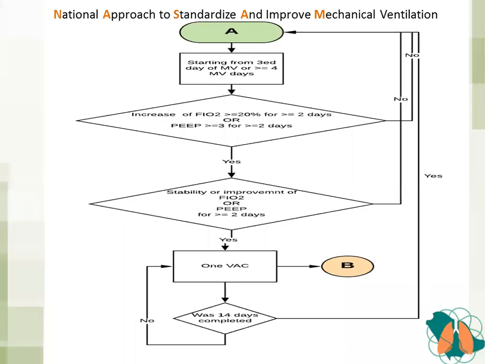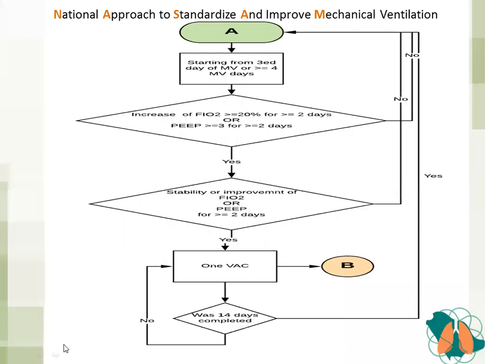So an increase of FiO2 of more than 20, or PEEP of more than or equal to 3, for at least 2 days means you have a worsening patient condition. So you have to increase the FiO2 or increase the PEEP. The increase of FiO2 more than 20 or PEEP more than 3, each one of them. So if you really have it,